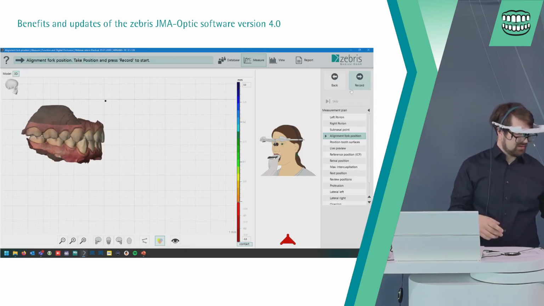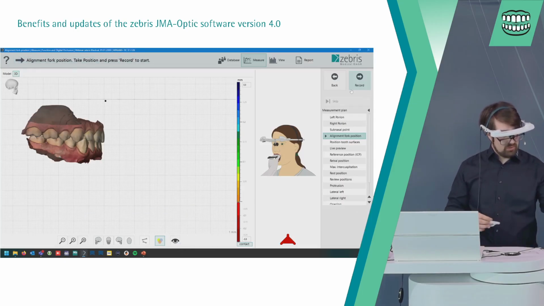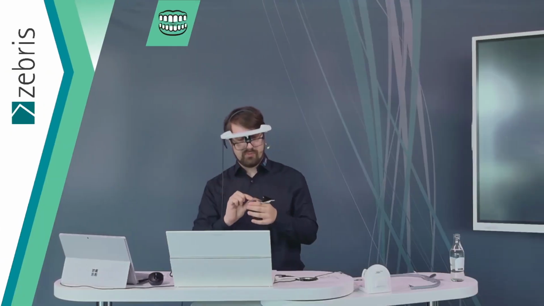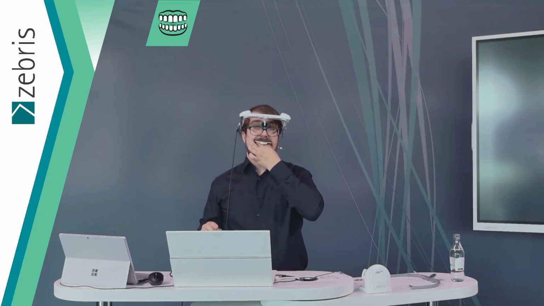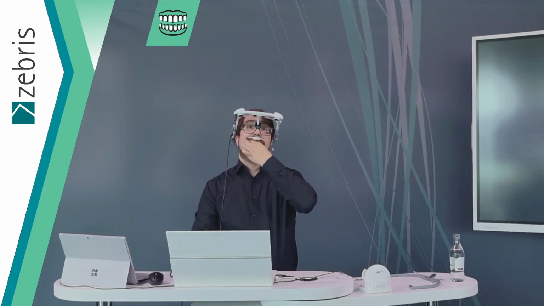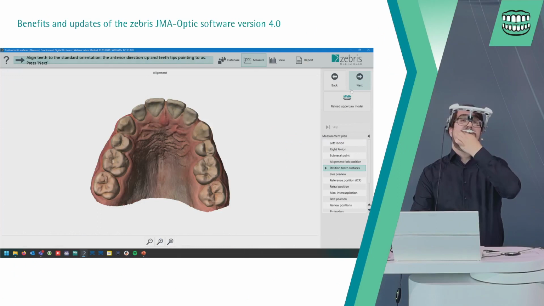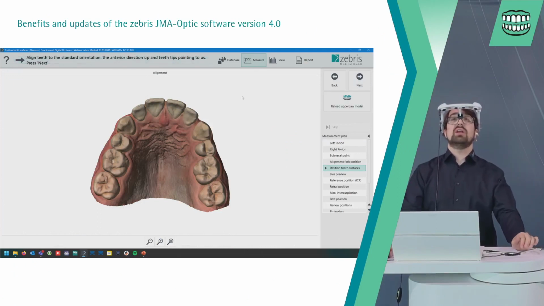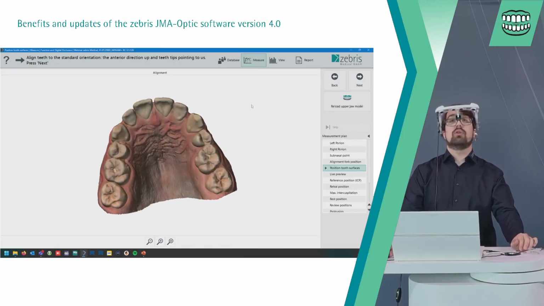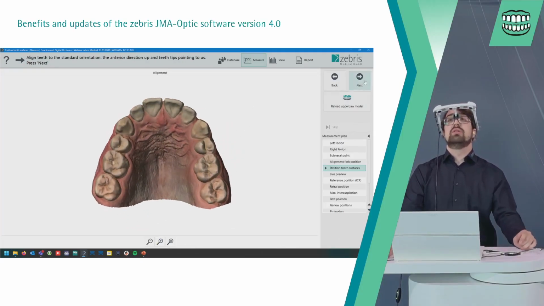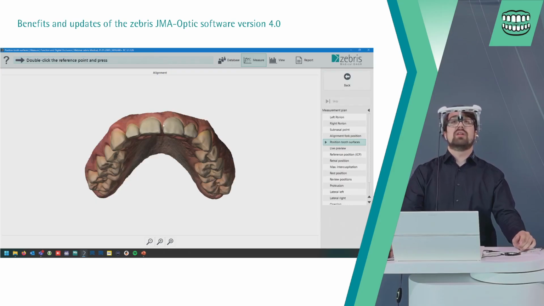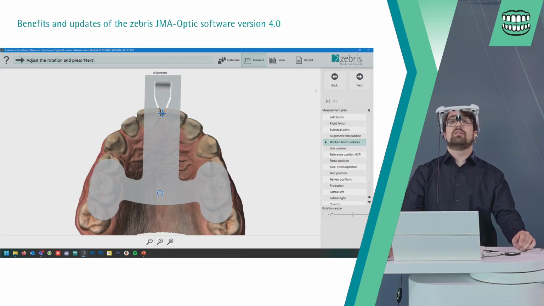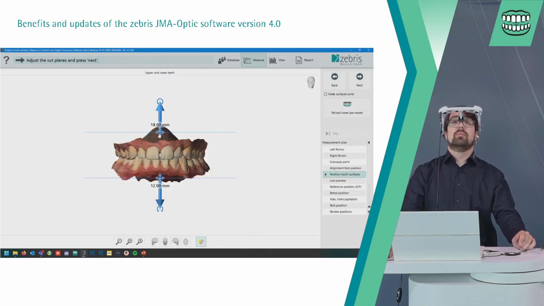Next step is the positioning of the upper jaw. Use the alignment fork, place the sensor on top. And now we are here. We have to say that our scans are now in the right orientation, so that we see the teeth. We can go next, and now select the pointer in the front, align it in the back, and we can go on.